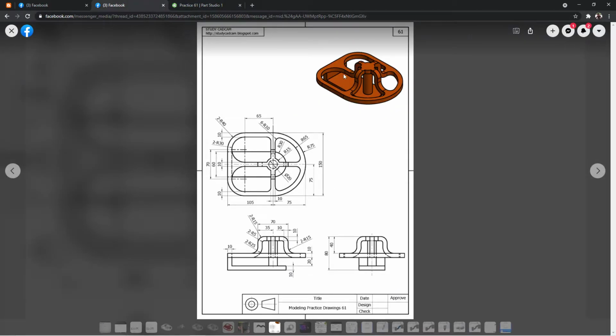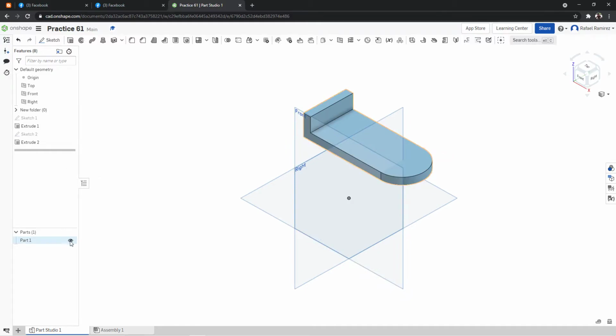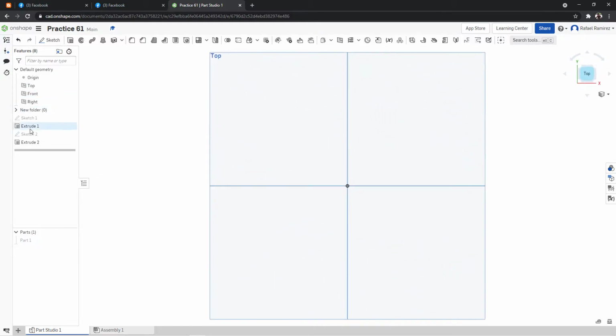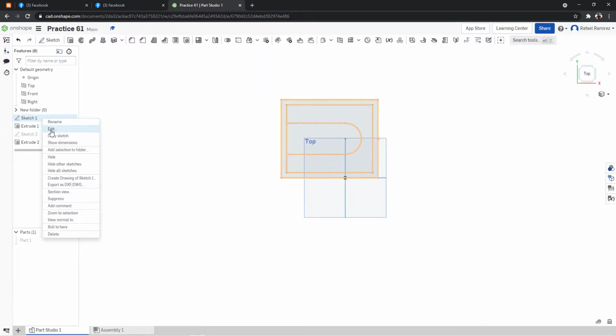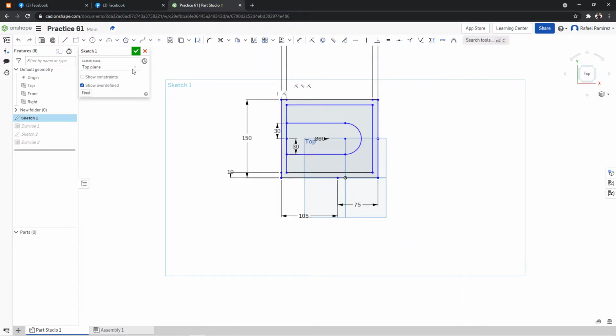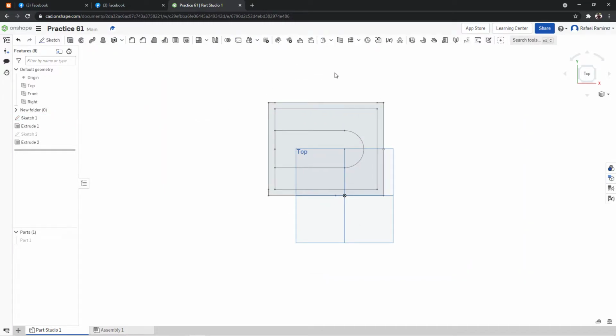Compare it to the drawing, that's actually it. And then the upper part will be done as we proceed. So that's for the base. We need to hide the base because we're already done with that. And we need to focus on our sketch number 1. And we edit our sketch number 1. And not edit, but